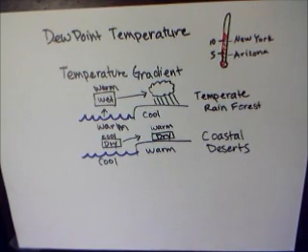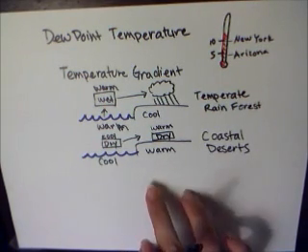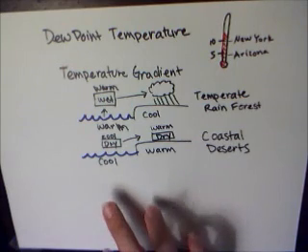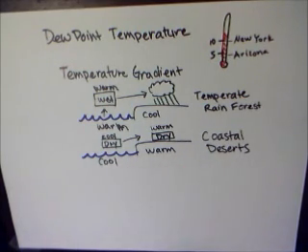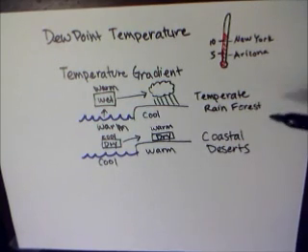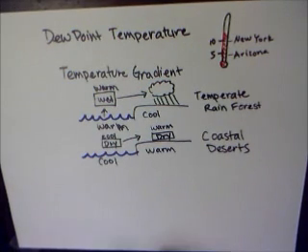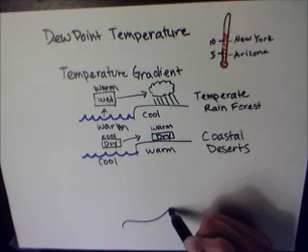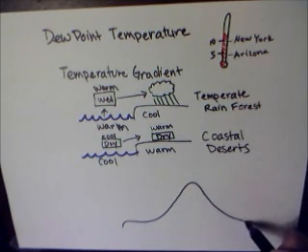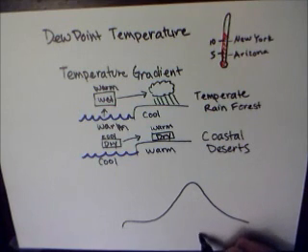So you can see these temperature gradients from the differences in temperature between the land and the water can really make a difference for the type of biome and the climate that the land is going to have. All right, so let's do our last topic that kind of relates to this, which is rain shadows.